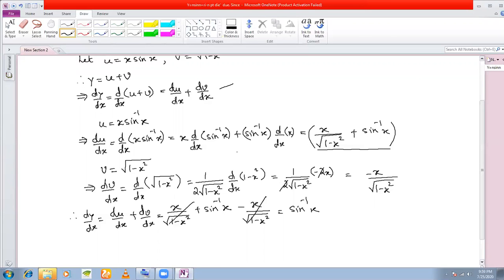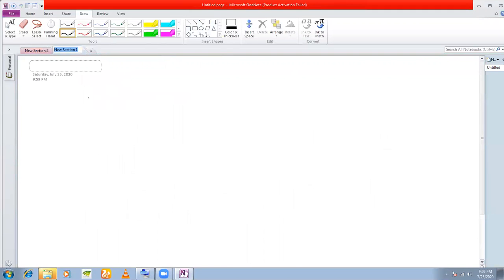Okay, so I'll do this next one. y is equal to 5x by 1 minus x to the power of 2 by 3 plus cos square of 2x plus 1. You need to prove that dy dx is equal to